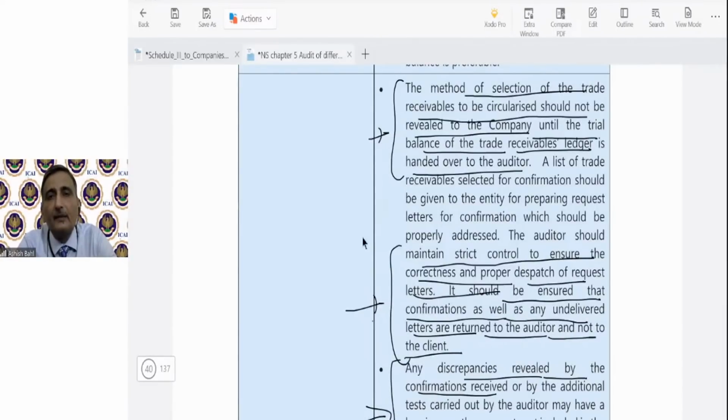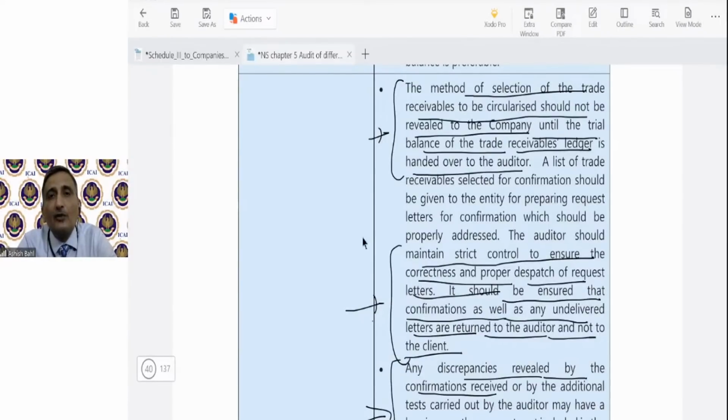शिफ्टेड द एड्रेस, इट मे हैव शिफ्टेड इट्स प्रेमिसेस, उसका प्लेस ऑफ बिजनेस चेंज हो गया हो, और मैंने कंफर्मेशन जो है उस एड्रेस पे नहीं भेजी। सो ऑल्टरनेट ऑडिट प्रोसीजर्स क्या है मेरे पास देखने के लिए, कि मैं देखूंगा कि अगले साल क्या उसकी पेमेंट आ गई है।